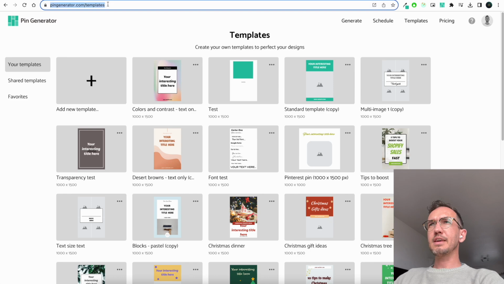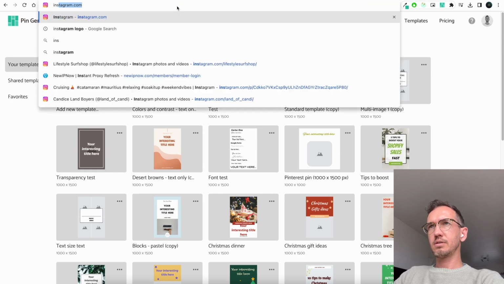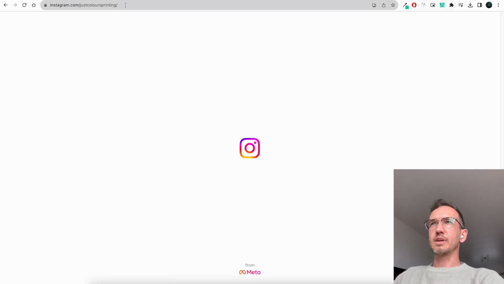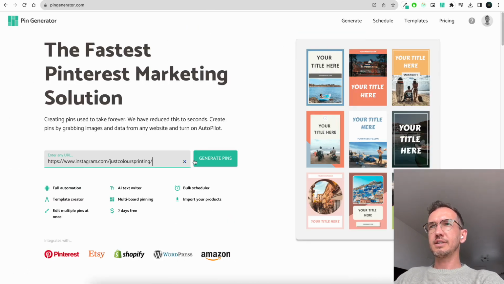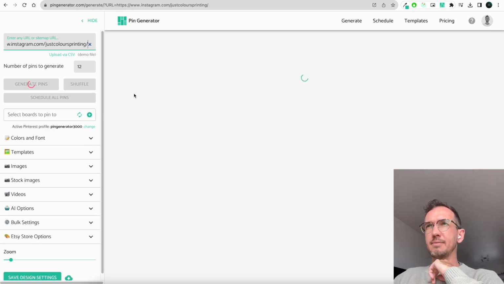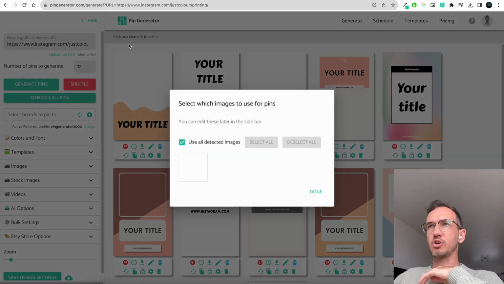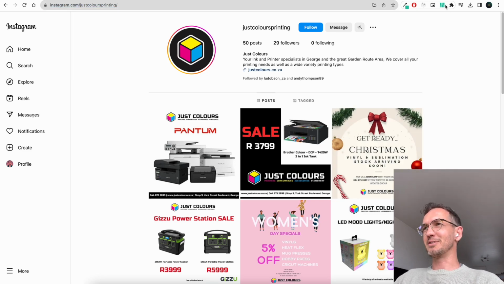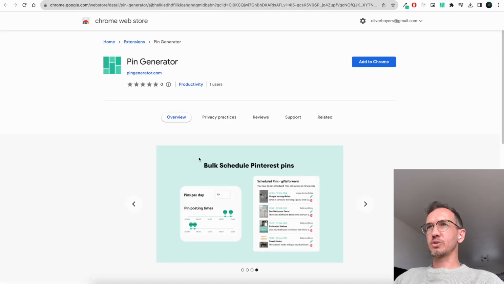So if you have an Instagram page, let's go to this Instagram page, and if you took this URL and you put it into Pin Generator, Instagram is going to block us from fetching the images here. But what we can do to get around this is use the Chrome extension. So you can see here, it's blocked me from fetching any data. Sorry, this is a terrible profile to look at, but it'll serve to demonstrate what we're doing. If you install the Pinterest Chrome extension, which is available here in the Chrome Web Store,